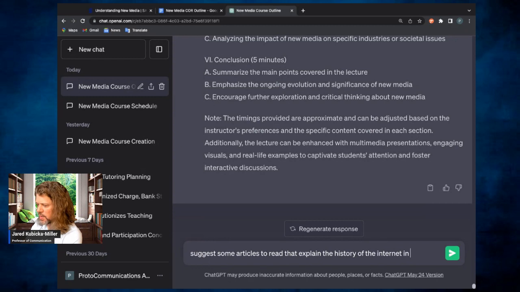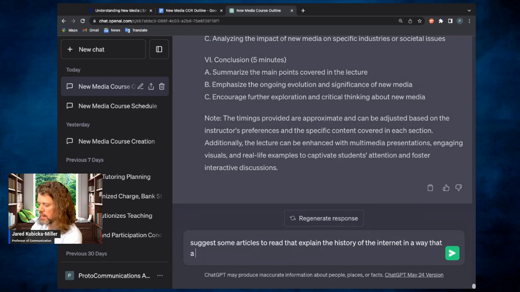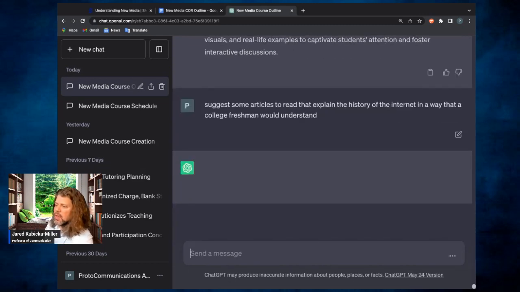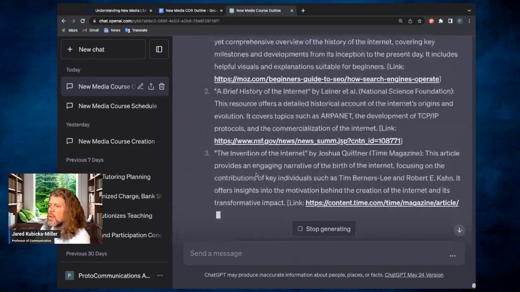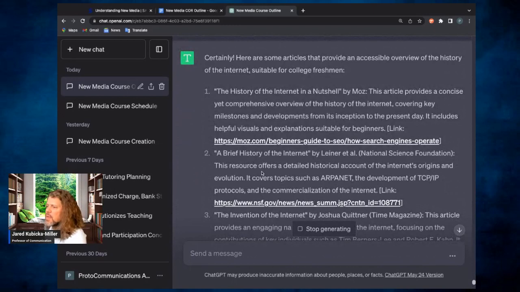Suggest some articles to read that explain the history of the internet in a way that a college freshman would understand. So certainly, here's some: history of the internet in a nutshell, concise yet comprehensive, a brief history of the internet.